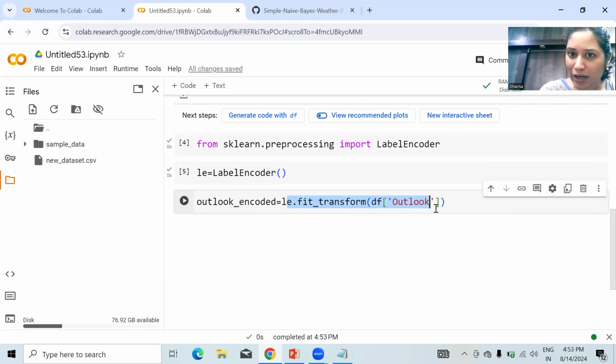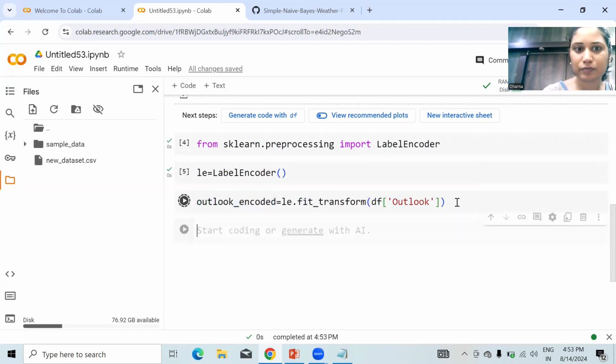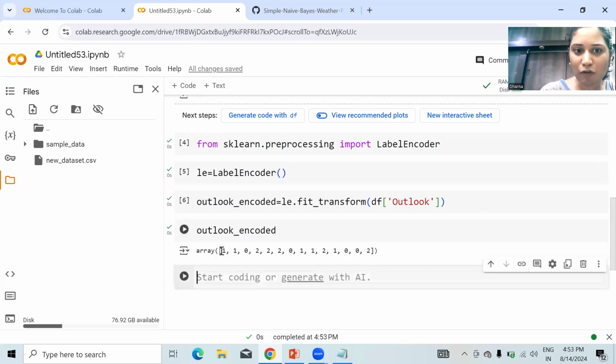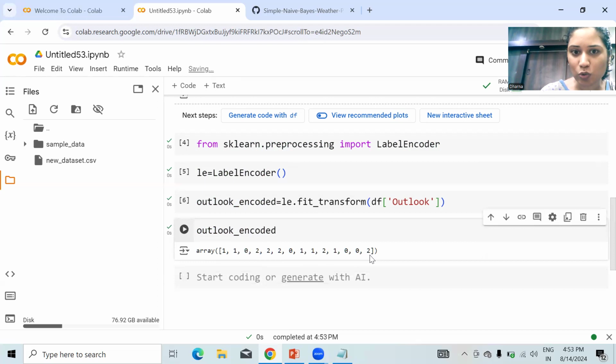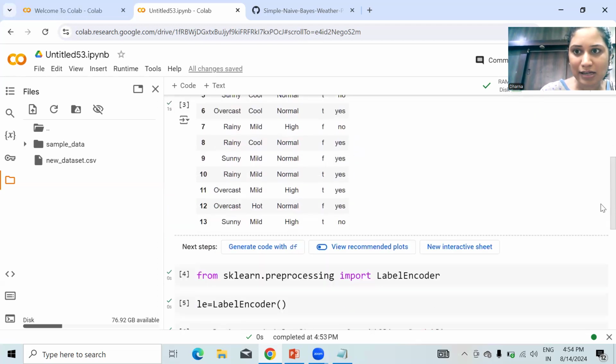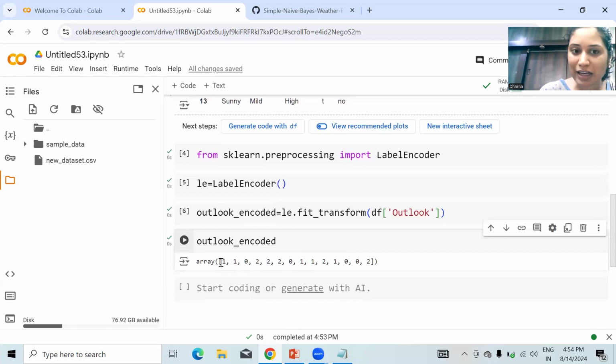Whatever encoded values it gives, I'm storing in this variable. Let's see this. This is what we are getting: 0, 1, 2. We have three types of weather, rainy, overcast, and sunny, so it has given an encoding to each of them.